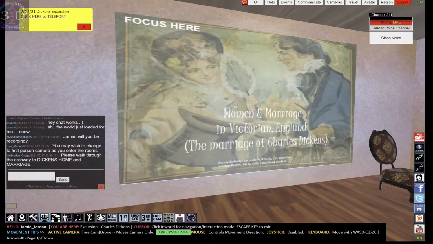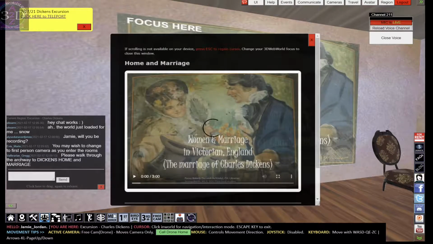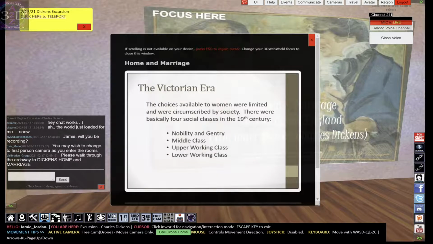I mentioned that the Virtual World of Second Life is our home base main branch library, but we want to share other virtual environments that may be better choices for educators, like 3dWebWorldz, because it's easy access, it's private for students. If you click play on this research project, it will tell you that Dickens did not have a very